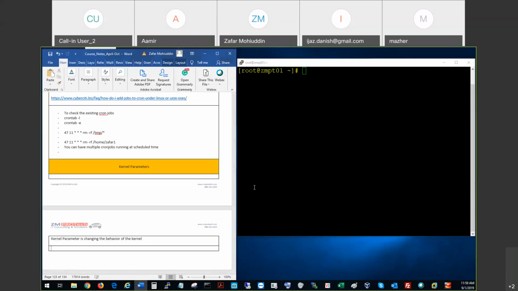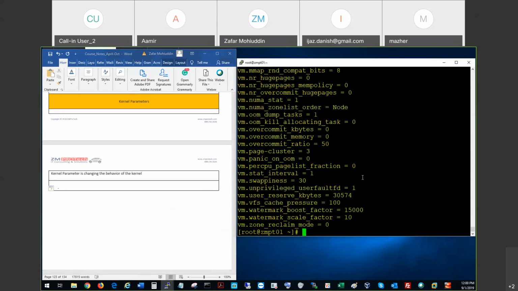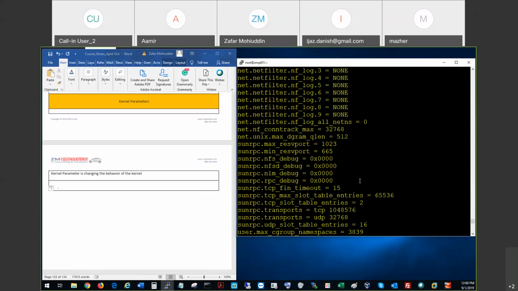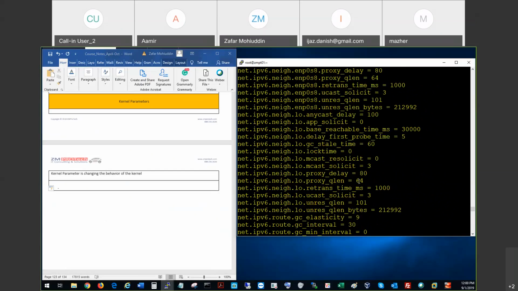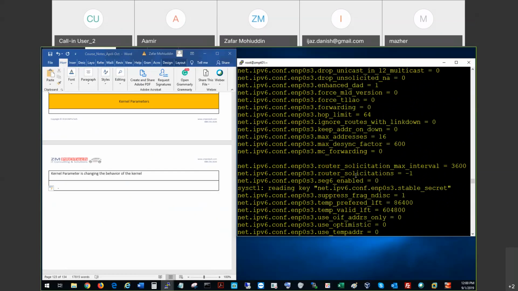What does it mean? Okay, so actually I have to do it before you could understand. To see the settings for the kernel, what you have to do is type sysctl -a. So what it is here is there is a list of settings here that is defined in this place